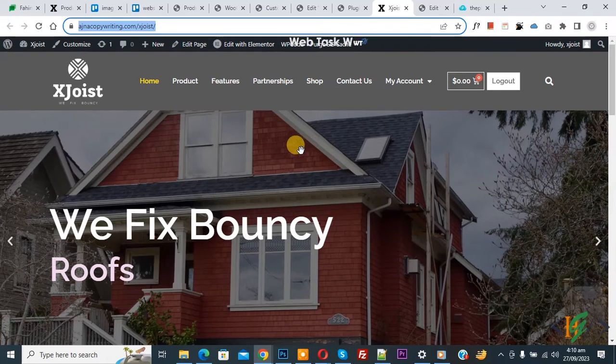Bismillahirrahmanirrahim. Assalamu alaikum. My name is Hassan and today we are going to hide a widget for logout users in Elementor